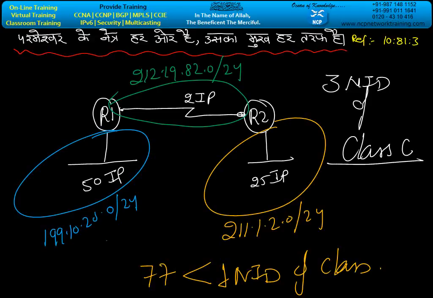Two major drawbacks. One is wastage of IP addresses, because technology is limited. We have 4.3 billion IP addresses in total, but we are not using all of them. We are using only the ABC classes, only 3 classes. A lot of the NIDs and a lot of the BIDs we are not using. From 1983 to 1985, we wanted to design the network but were unable to design it in a proper way. Wastage of IP addresses was the major problem, and the other problem was wastage of money.